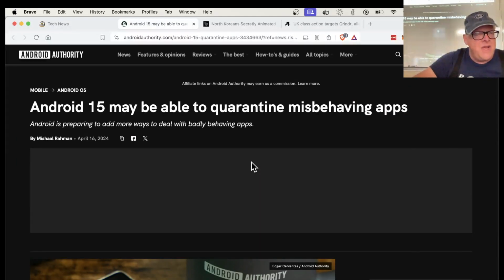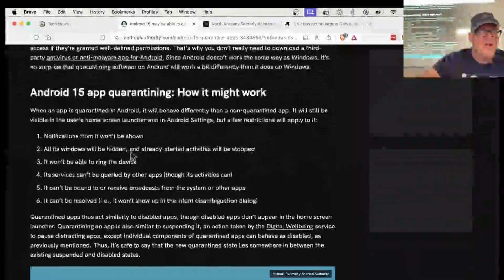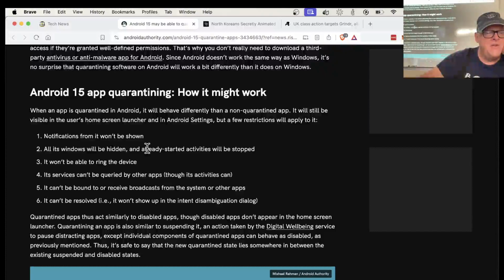And so Android 15 is going to quarantine misbehaving apps. If an app does something it doesn't like, it's going to limit its access to the outside world. So it will block notifications, hide windows, you won't be able to ring the device, and so on. I don't know why you don't just delete it if you're going to do all that, but anyway, we'll see what happens when this comes out. It has not come out yet. It's expected in the next version of Android, and we'll see how effective it is. It's kind of like give the user a choice whether to delete or not. That's why they keep running it. Yeah, it makes some sense, although, and I think,